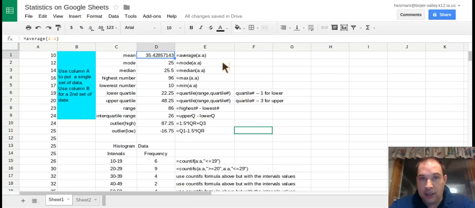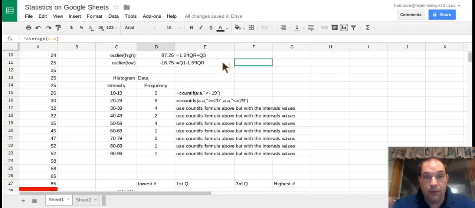Now, we also had to make a histogram. That's going to be part of the project. We did a histogram before. We have the rules right here. Remember, we did the COUNTIF for the first column. COUNTIF it was less than or equal to whatever the top of our interval value was. And then when we started into the next categories, it was equals COUNTIFS with an S. And then we had the A:A, and then if it was greater than or equal to the lower value of the interval, and then we did the interval again, A:A, and then less than or equal to whatever the upper